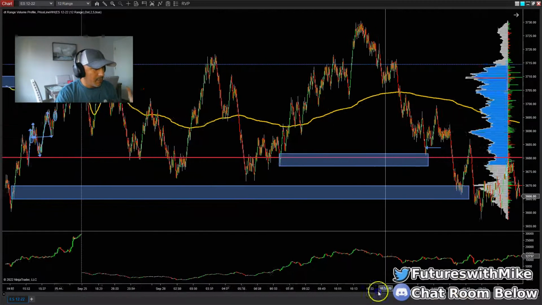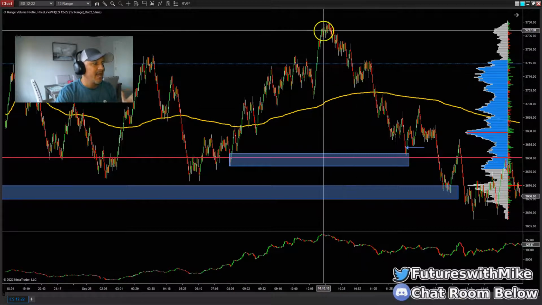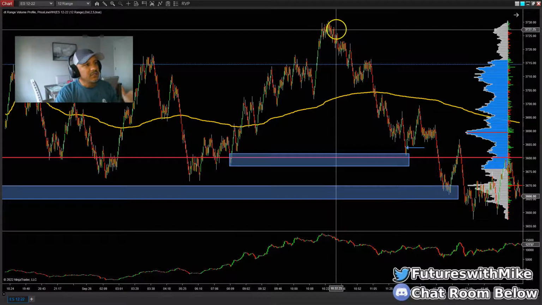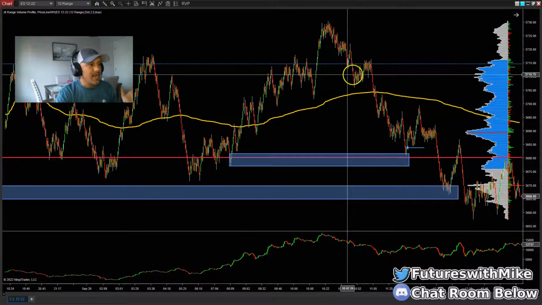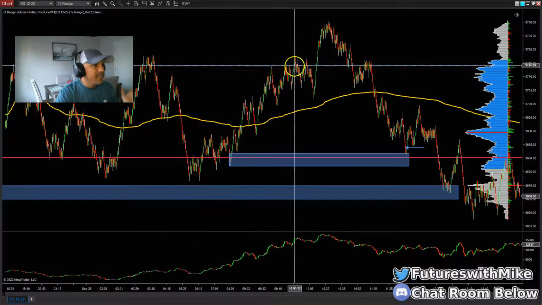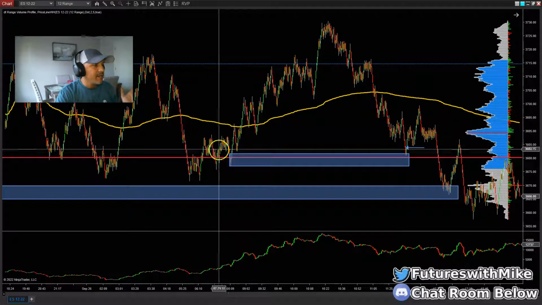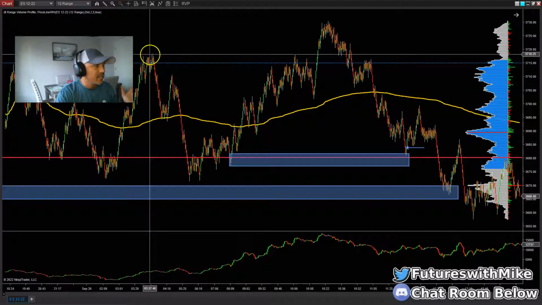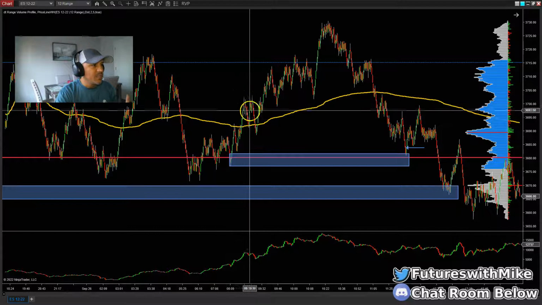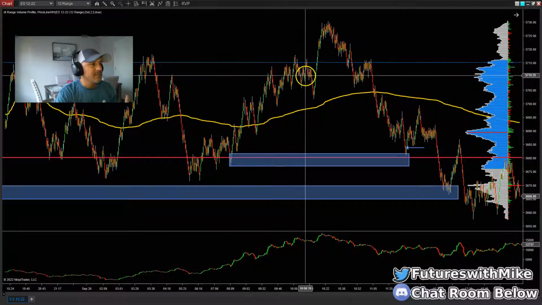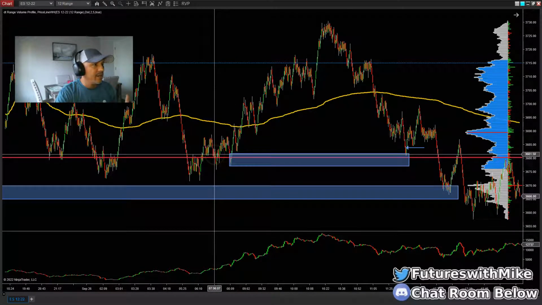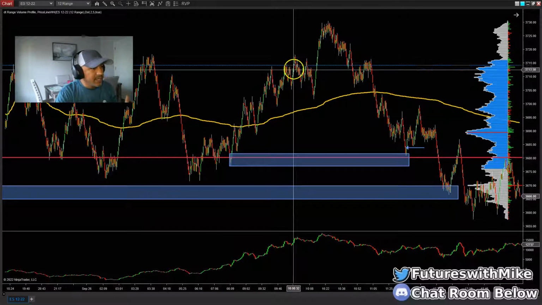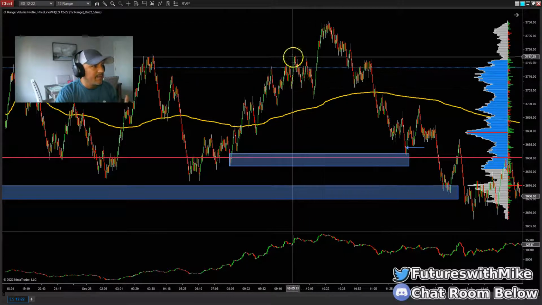But what we're focused on right now is price making this high right here. Okay, made a run up here. All right, then it turns direction and starts to make these lower lows and lower highs. But we gotta be mindful. These areas right here where price made these higher highs and higher lows to the upside, and took out this area of structure, this area of resistance. It broke structure here, okay? So these swings here where prices are making these higher highs and higher lows, there's demand sitting here, okay?